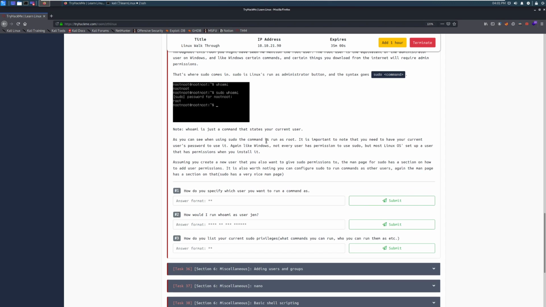As you can see, when using sudo, the command is run as root. It is important to note that you need to have your current user's password to use it. Again, like Windows, not every user has permission to use sudo, but most Linux operating systems set up a user that has permissions when you install it. Assuming you create a new user,